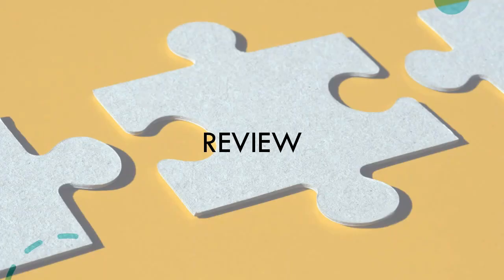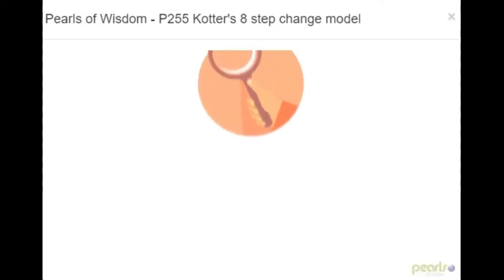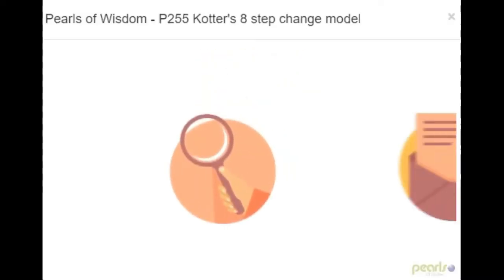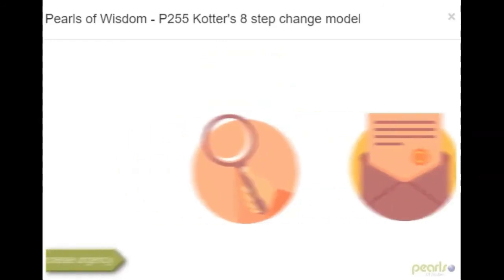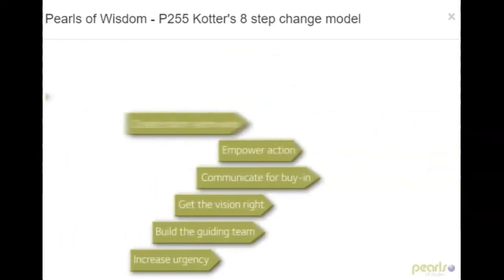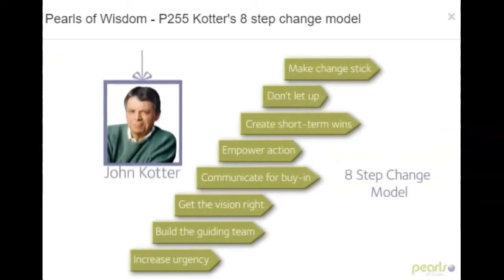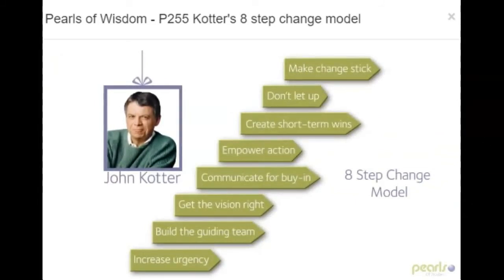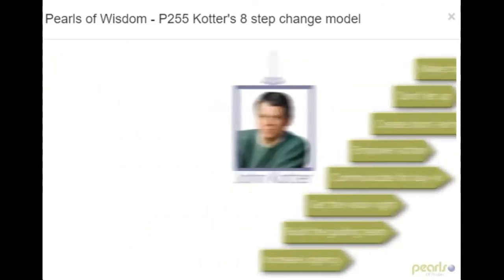We're now going to share with you a short video reviewing all the main points of the presentation. It can be much easier to identify the need for change than to actually deliver change in reality. A model proven to be successful in making change happen is John Kotter's 8-step change model. So let's have a look at this step by step.